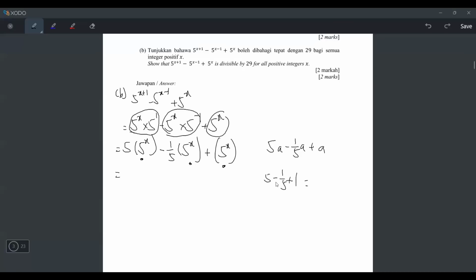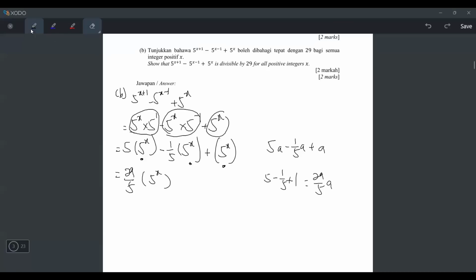And if you press this, what will you get in your calculator? So you will get 29 over 5A. So the answer will be 29 over 5A. But of course, you don't write A. You write 5 power x, because you are just changing the 5 power x to A for temporary. And then you have to change it back to this. So that's the answer,